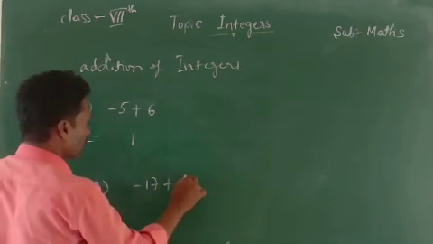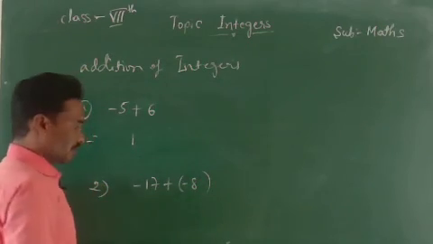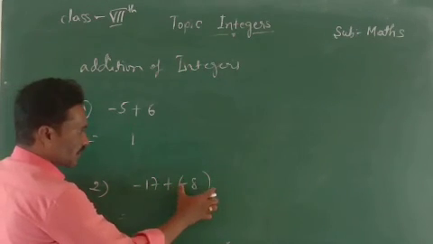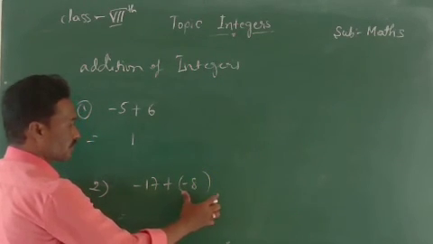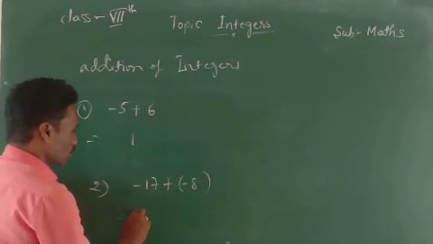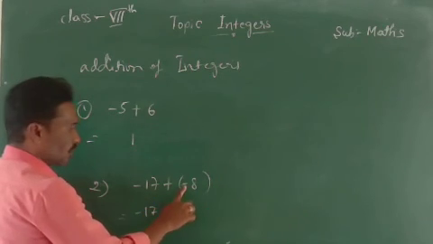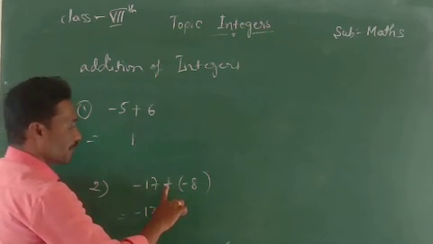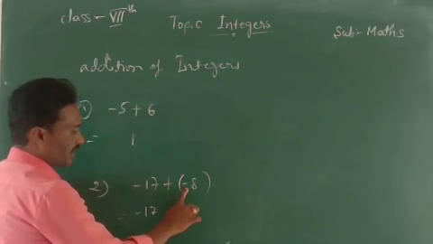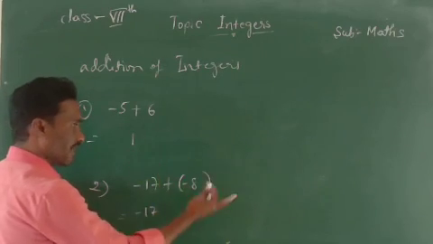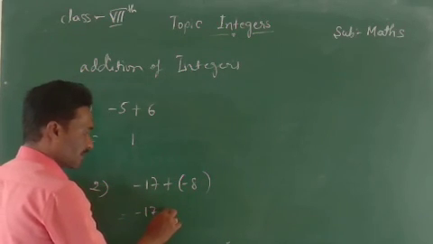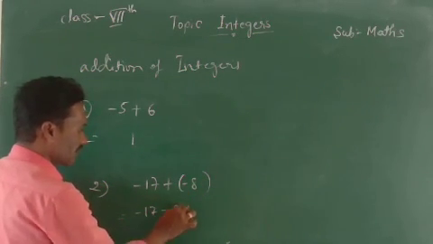Minus 17 plus minus 8. Now see here, you will get confusion here. Just see clearly. According to the bottommost, you have to come out of the bracket. You have to bring this number out of the bracket. So minus 17 you write as it is. To remove the bracket, the bracket indicates a multiplication: plus into minus. Plus into minus is minus. So I am writing minus. This 8 we write as it is.